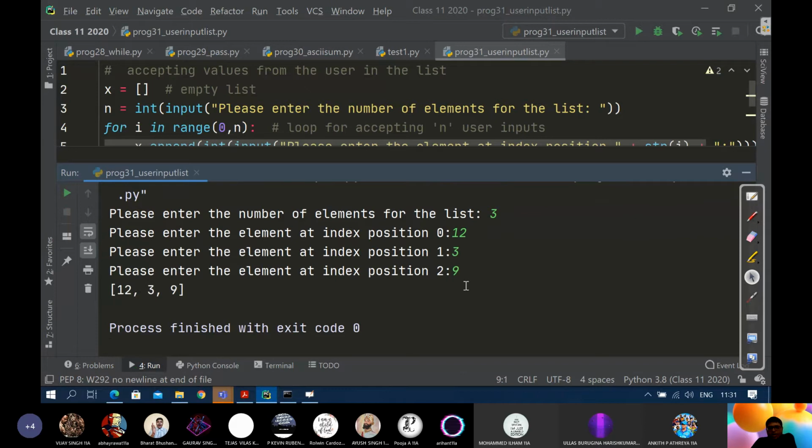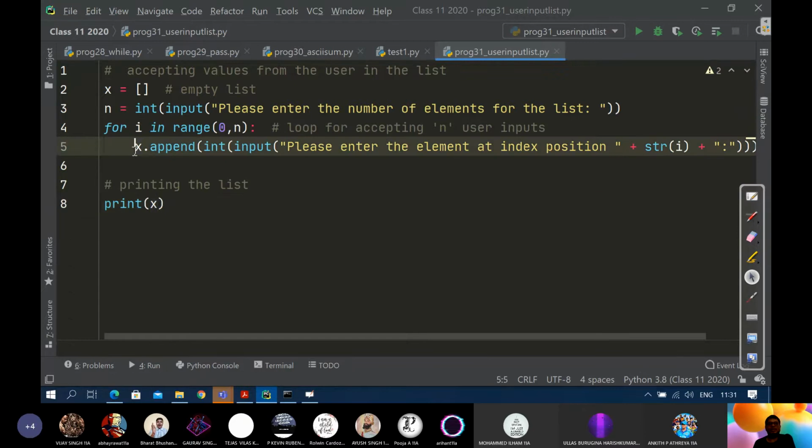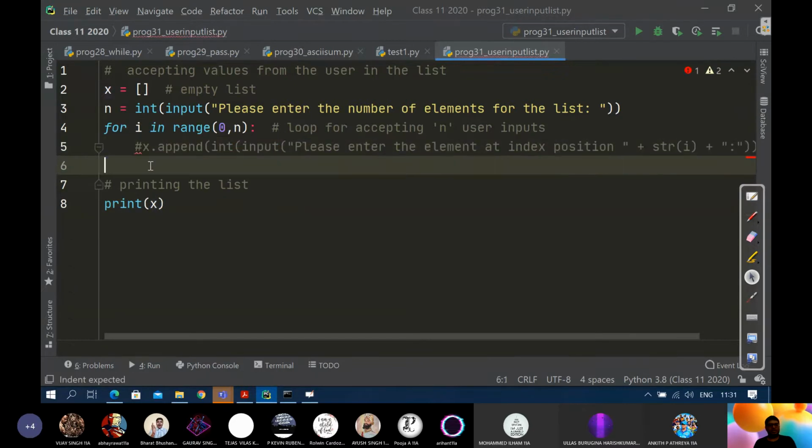Even if you don't do this, I'm just trying to give you some ideas on how to do better coding. Otherwise I would simply say just write please enter a value, and that will do the job and you'll get the marks. But our aim should not be only scoring. Scoring is a secondary thing, that should be the least of your worries. Your concern should be how to become a very good developer. We can make this even better. I'll leave this. How can we make this even better?